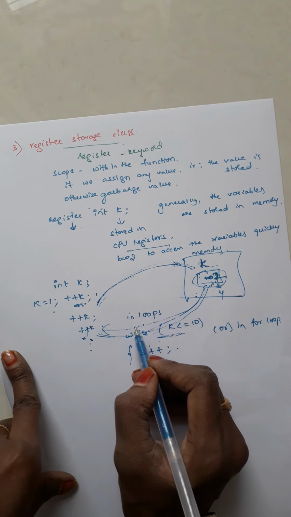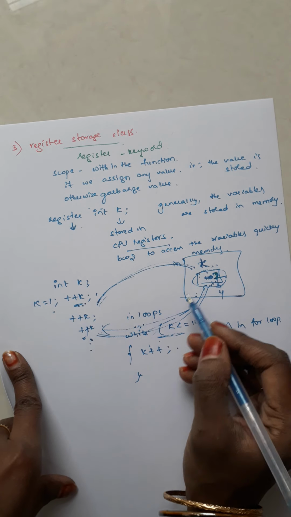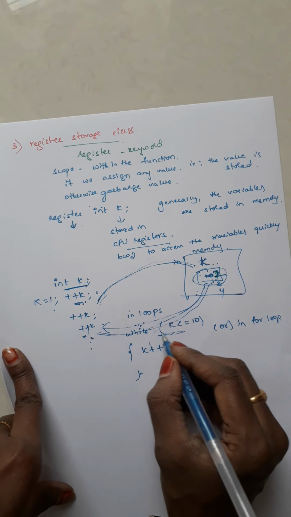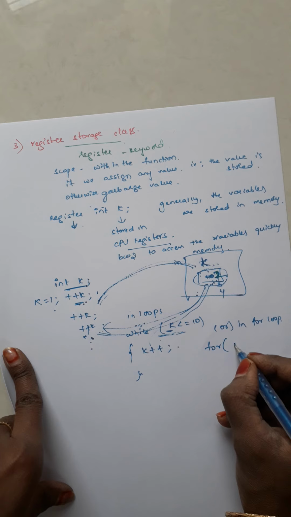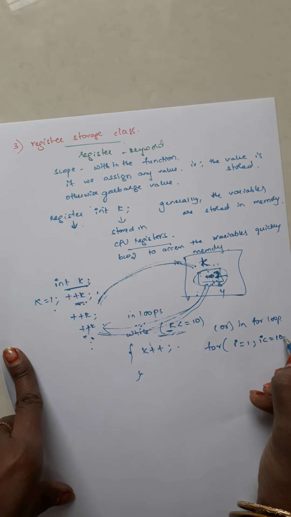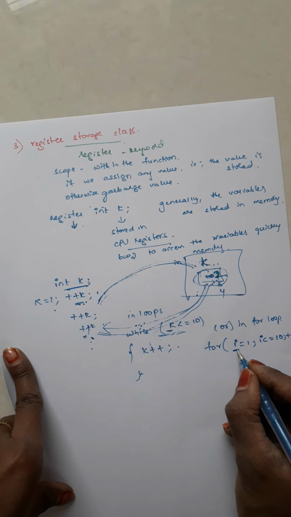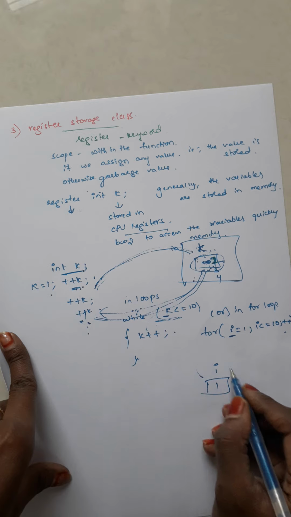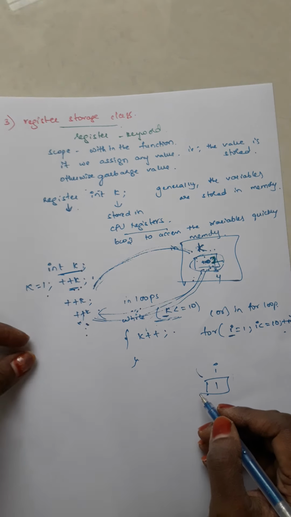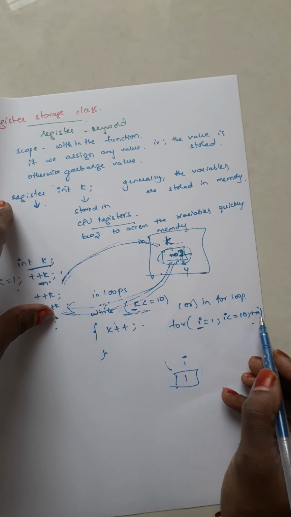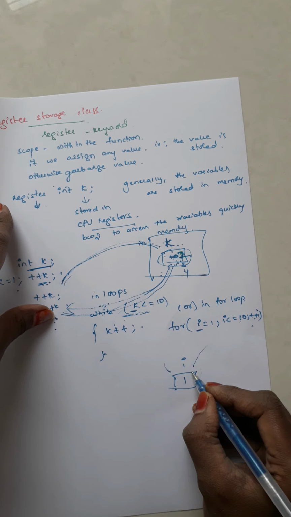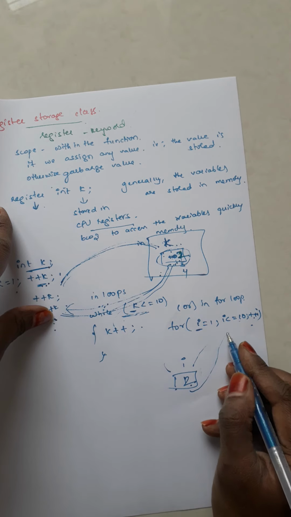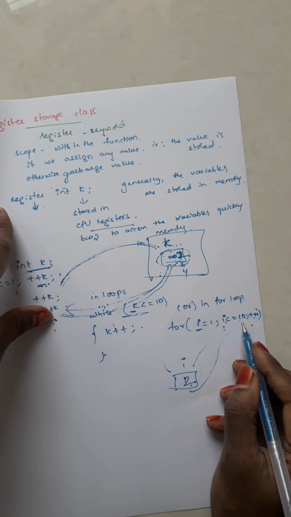To save time and space and to access the value fast, consider the variables we use in loops, for example for i equals 1, i less than or equals to 10, plus plus i. Here i is a variable used in the loop. Initially the value of i is 1, which is stored in memory. Now i plus plus: go to the memory, change the i value. Now i is 2. Access this i value from memory and substitute it here: 2 less than or equals to 10.